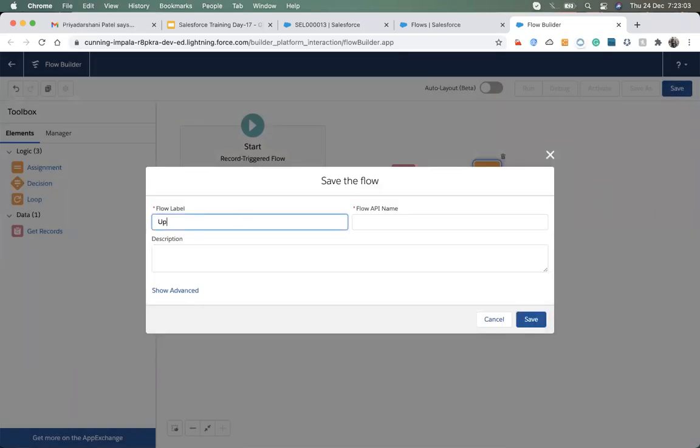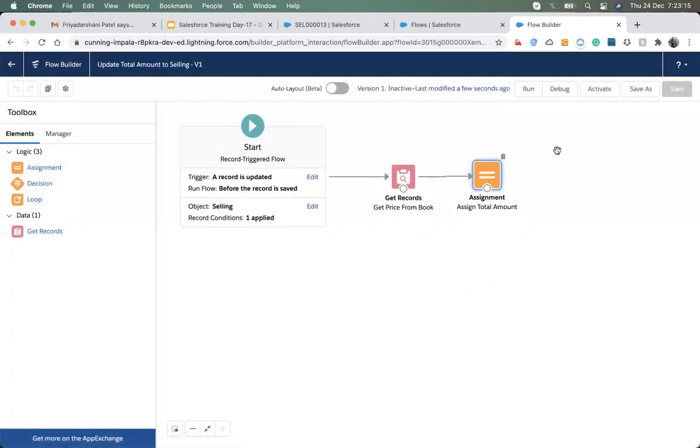Flow name is update total amount to selling. Okay. Let's do a debug.